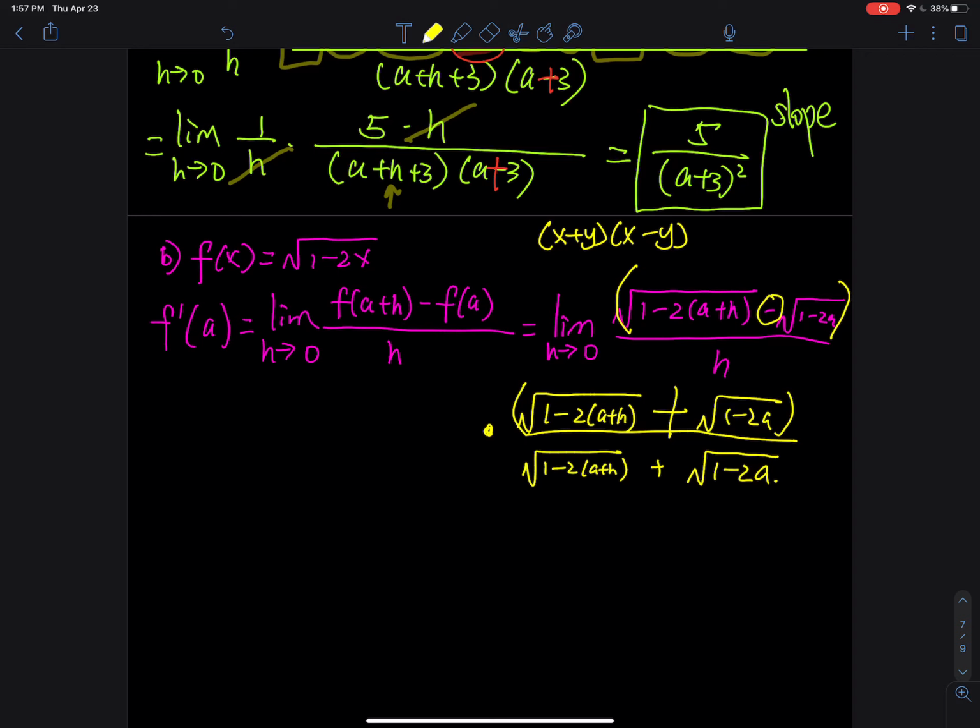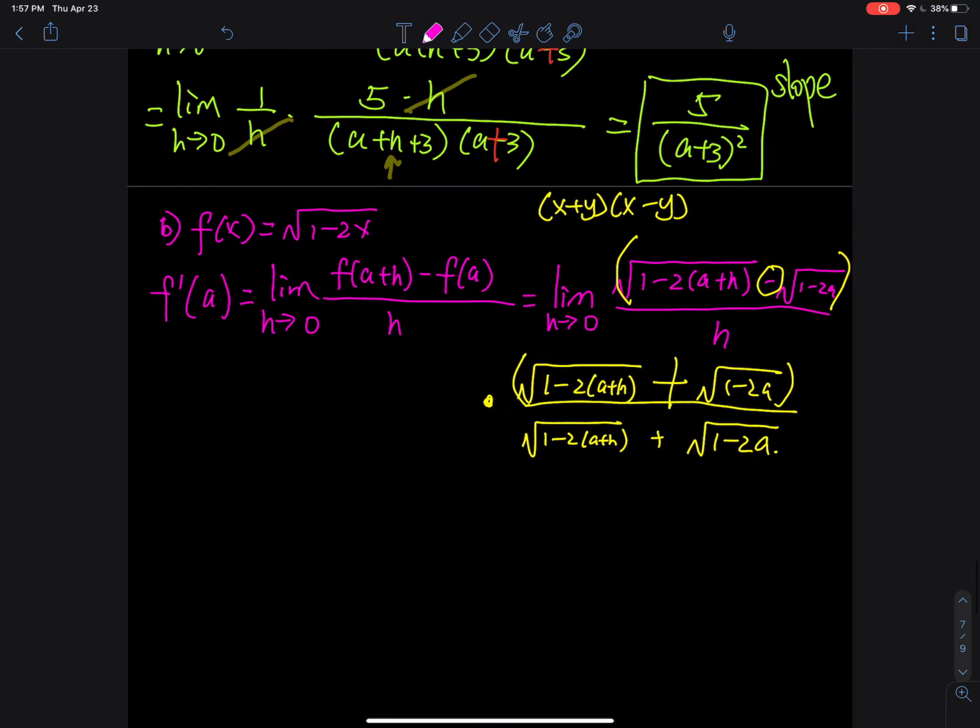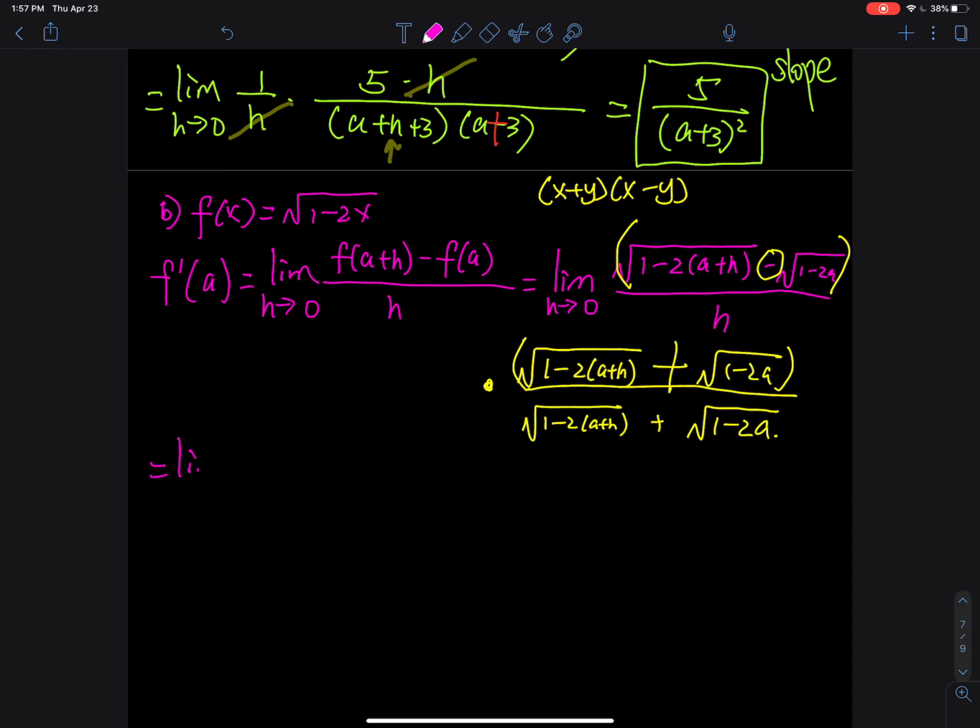So what do you get? When you open it up, always start with a limit, h goes to 0. Square root times itself, and then the square root is gone. 1 minus 2 times a plus h, and then you look at the plus or minus. You have a plus, and then you have a minus, so the two terms in the middle will be cancelled. Just like when you open up this x plus y, you have a minus xy plus xy. So the minus and the plus, they got cancelled, and then minus y squared, right? So basically you square